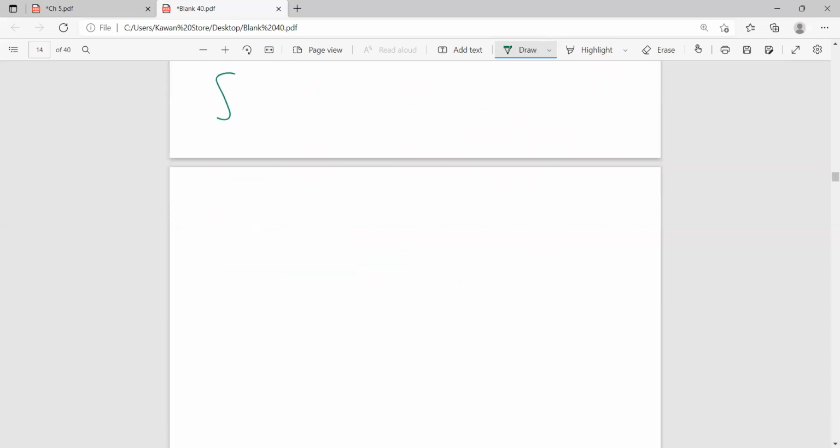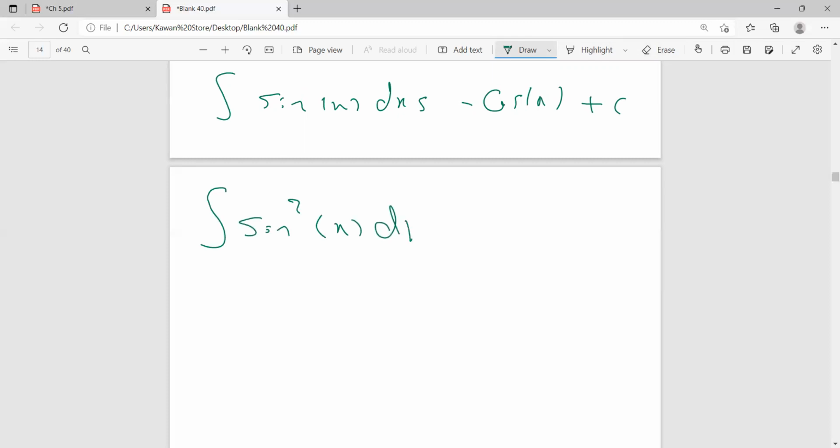We say that the integral of sine squared of x dx is easy. Am I right? So how do we solve that one? That's the question you have. We cannot solve it directly because it's squared. Be careful. We have 2 here. Here is linear, here is not. So we are going to change it to the linear one, because for the linear one we have a